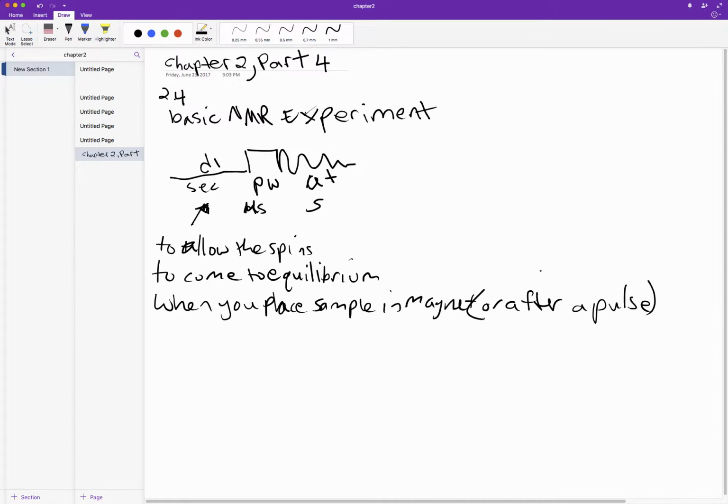Basically at the end. Because what you're going to do is repeat this pulse sequence, because the